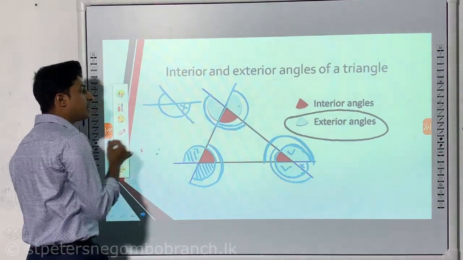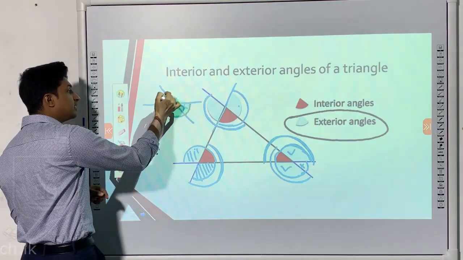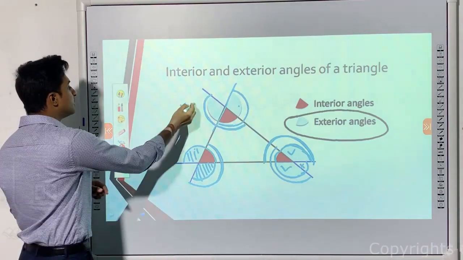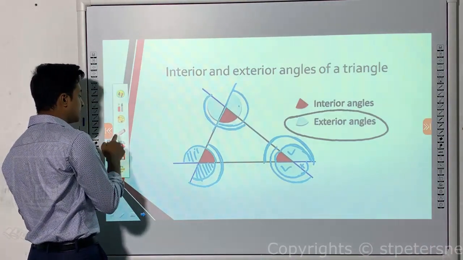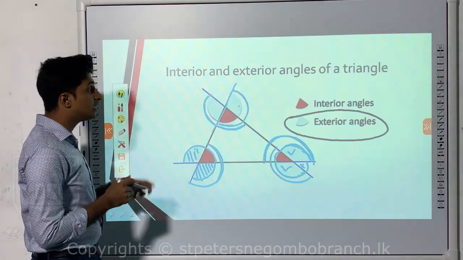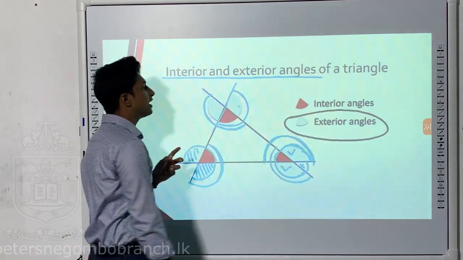Okay, that is why I can't take this part. So don't misinterpret, then I can take the entire thing. No, it is not an exterior angle. Okay, remember that. So that is the first thing that we have to discuss in the lesson at the very beginning: how do you sort out interior and exterior angles.